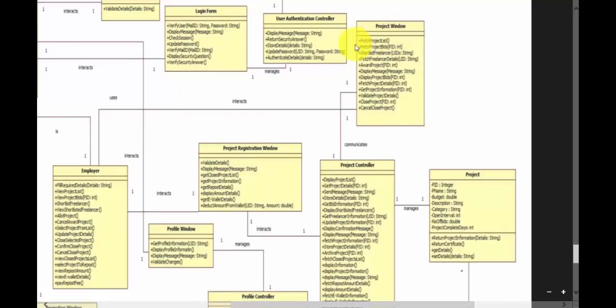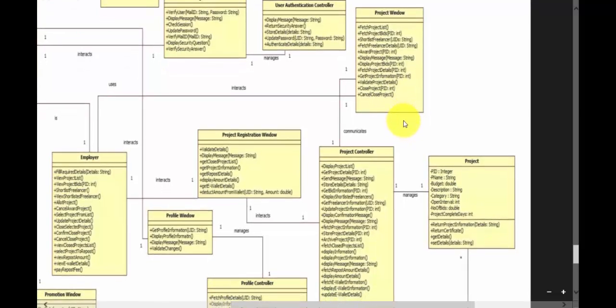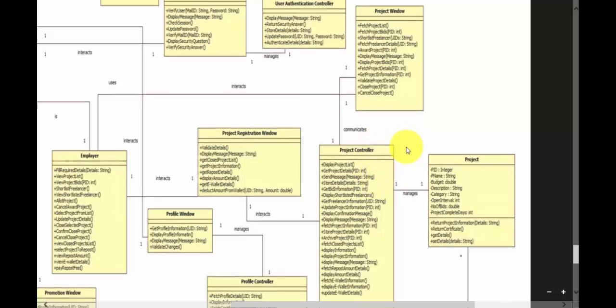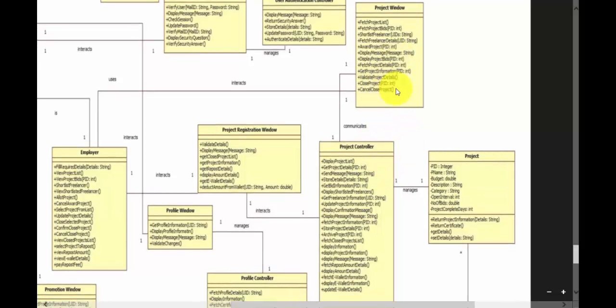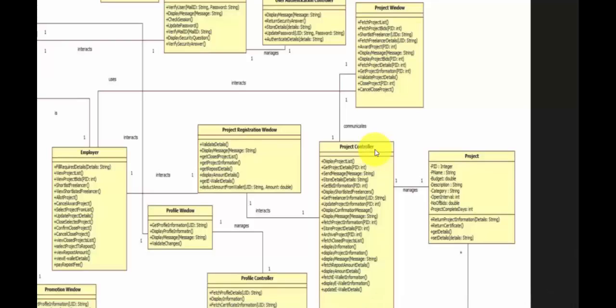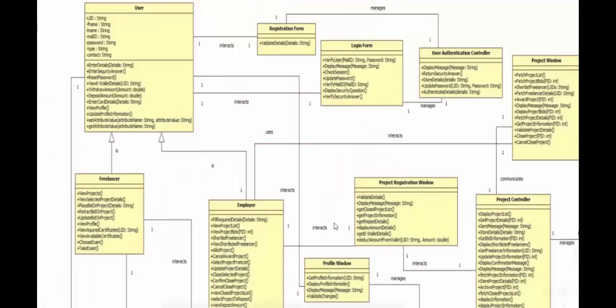The project window can fetch the project list, fetch the bids on a particular project, shortlist a freelancer, fetch freelancer details, award the project, display messages, display project bids, fetch project details, validate those project details, and close the project. After the employer updates his project details, the project window validates those details and forwards them to the project controller. The project controller in turn performs the necessary action and the project is updated.